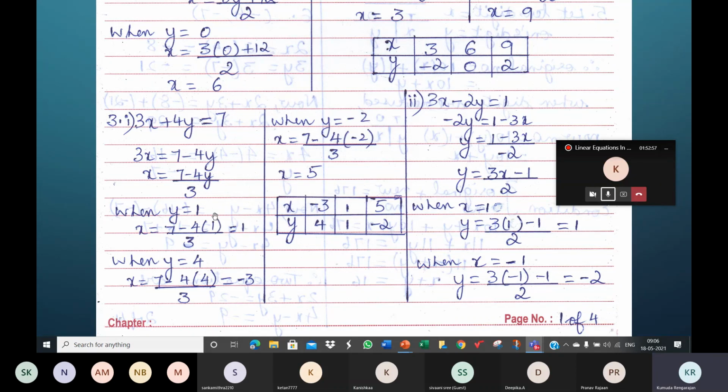I'm sorry. Ma'am, if y is equal to minus 1, if we substitute the value, like the denominator by 11. No, let's substitute. So minus 4, minus 1. So that's 7 plus 4, 11 by 3. Okay. 11 by 3. When y is 1, x is 11 by 3. Yes, ma'am. No, I'm telling like denominator by 11, ma'am. Denominator is 11, yeah. If y is equal to minus 1, then we get 11 by 11, ma'am. So it's equal to y. So x is equal to 1 right now. Correct. X is 1, yeah, correct.